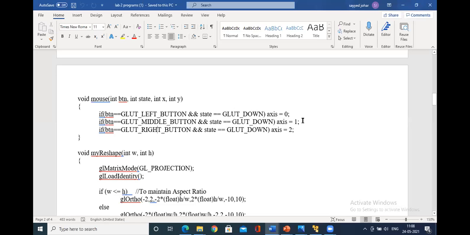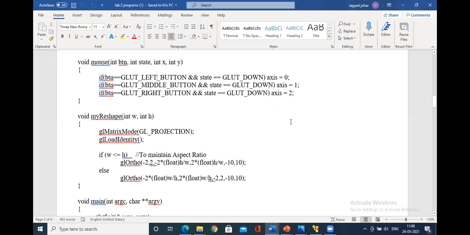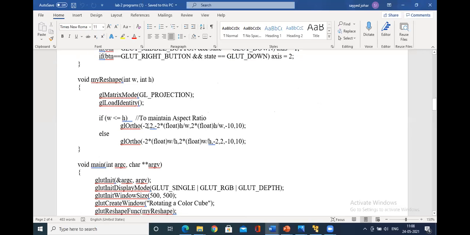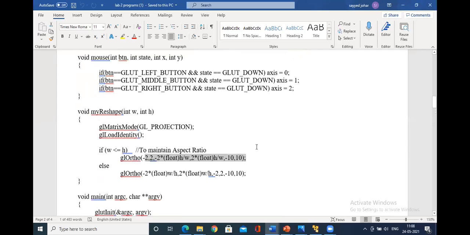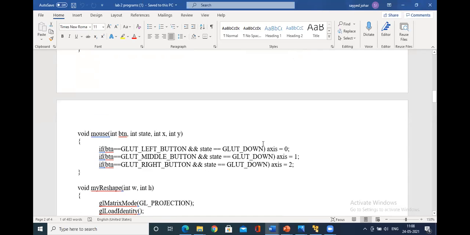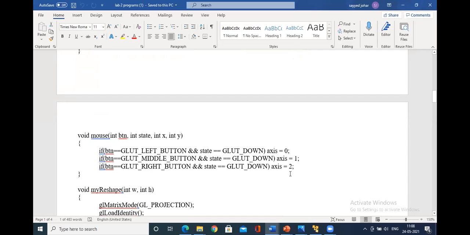Specifically, it is x-axis, y-axis, z-axis, and it should be left, middle, right. There is no mismatch: left, middle, right, it is 0, 1, 2, there is no mix. And if there is an error here also, you might get the output but the aspect ratio varies, so you may not be able to see the correct output. Basically where you would have made the mistake is here, where I said 0, 1, 2 axes.